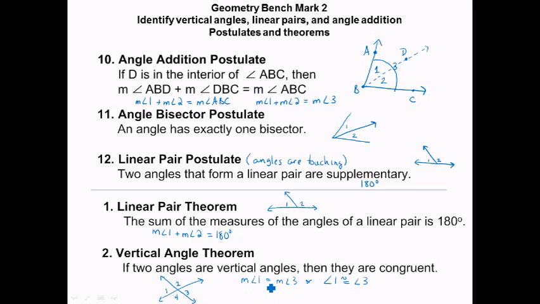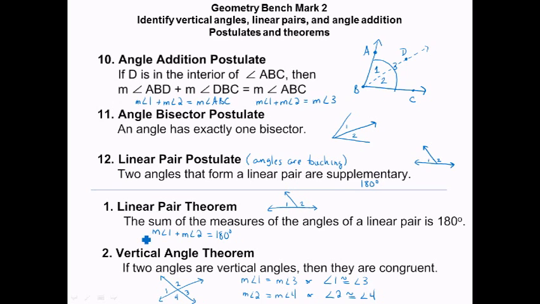The measures are equal, the angles are congruent. And then I have the measure of angle 2 is equal to the measure of angle 4, or I can say angle 2 is congruent to angle 4. The way this was proven,